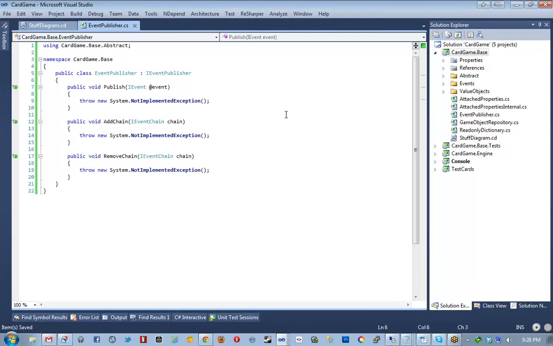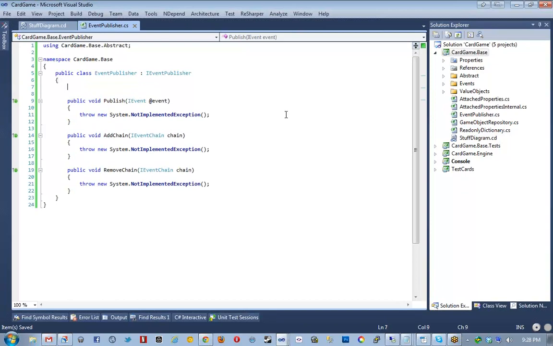Yeah. Anyway, so we're going to create the IEventPublisher, which is a basic interface that just allows us to add what are called event chains. Those event chains are then invoked whenever somebody tells the IEventPublisher to publish an event. Okay, very cool. So what we're going to do is create a private read-only list of event chains